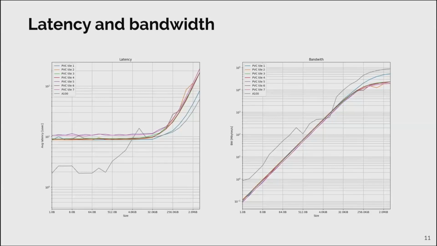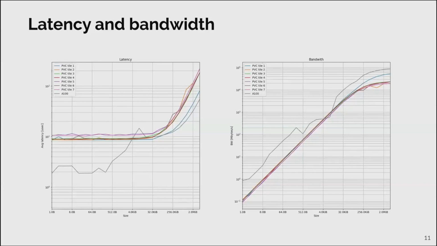You can see, first of all, that the latency of PVCs is, if I remember correctly, around 5 times larger than on NVIDIA. So it is one thing which we want to improve. We don't understand why the latency is larger. Second, you can see that